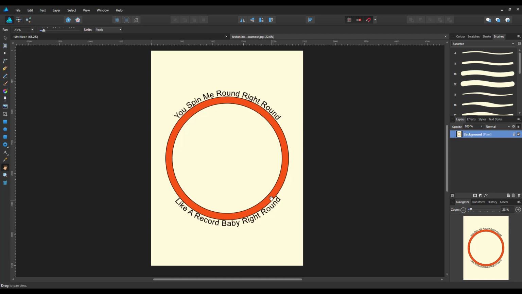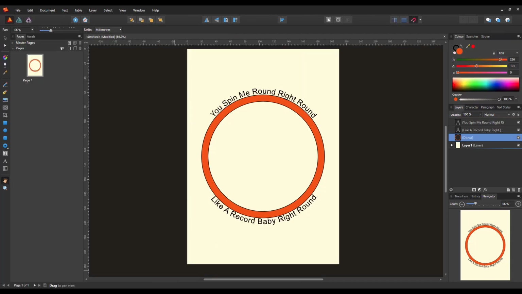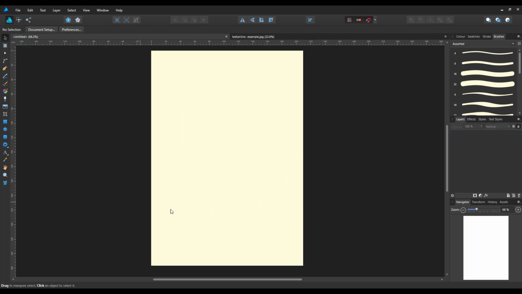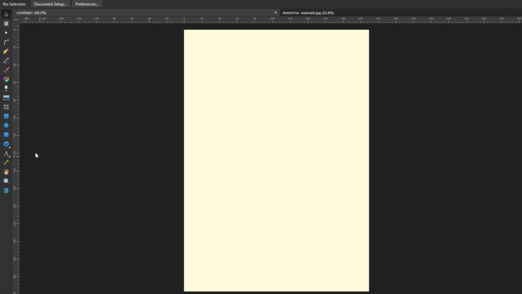Now, this particular image I actually did in the Affinity Publisher beta. As you can see here, this is how I did it in Affinity Publisher. So it will work both the same in Publisher and in Designer. But as the person who last asked this question wanted to know about Designer, I'm going to do it in Designer. So basically you just need to open the document that you want this thing to go on to,